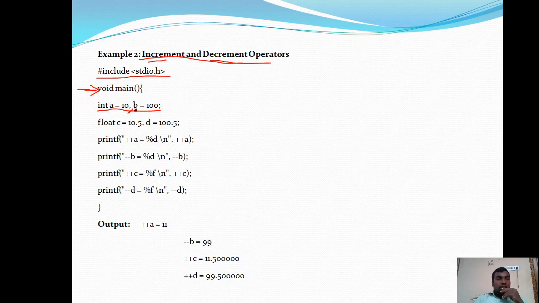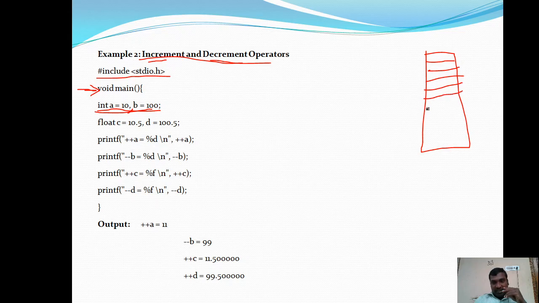Okay, so after execution of this particular statement, what is happening in the computer memory? The computer memory is divided into several blocks. Let us assume each block is 1 byte of memory. Here a and b are integer types, so the memory required for a is 2 bytes and for b is 2 bytes.